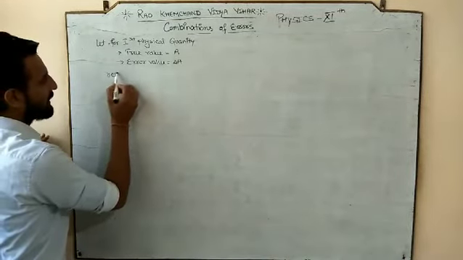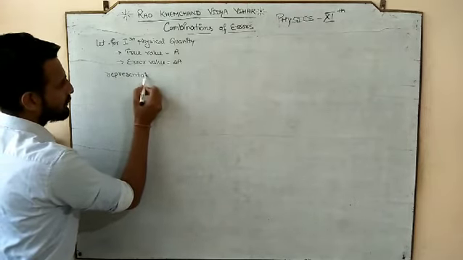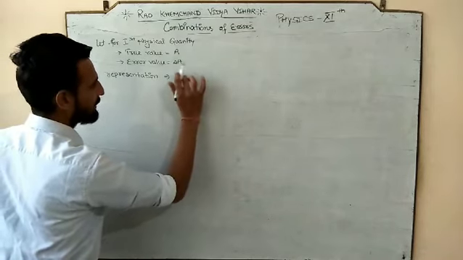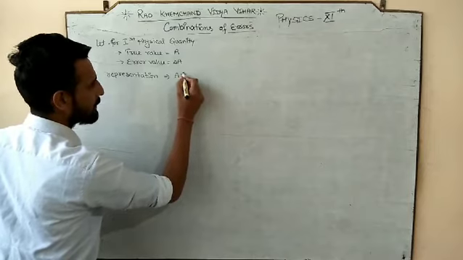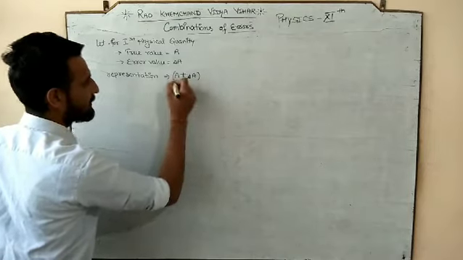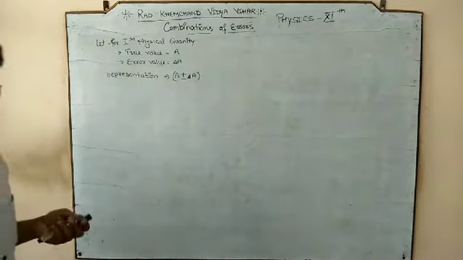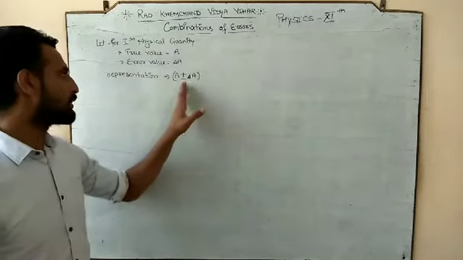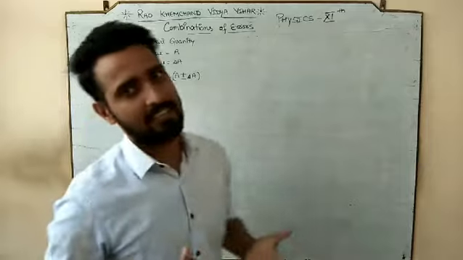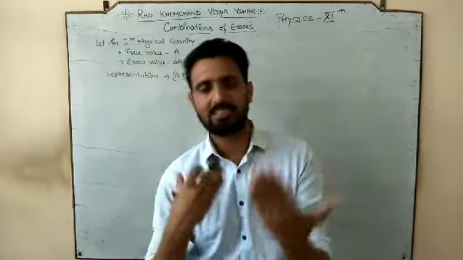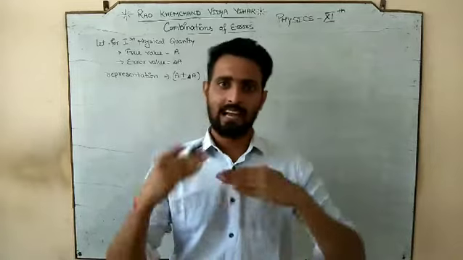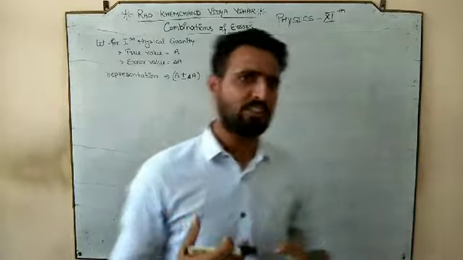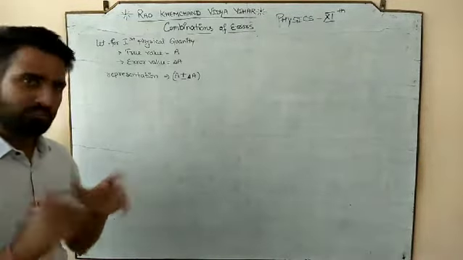So the representation of the first physical quantity is A plus minus delta A. That is how we can represent any physical quantity: true value plus minus error, meaning error can be added or subtracted. A mistake is a mistake; it tells whether we are slightly ahead of the true value or slightly behind it. So this is the representation of the first physical quantity.